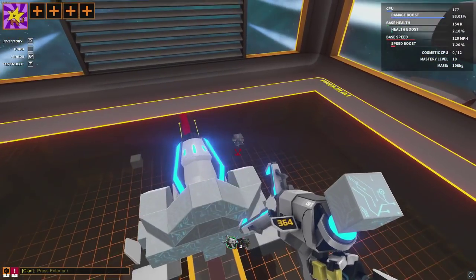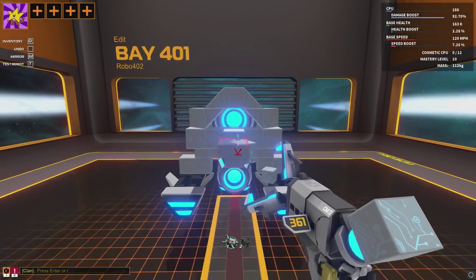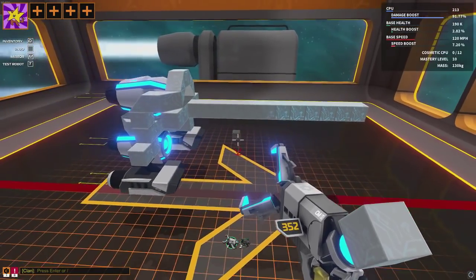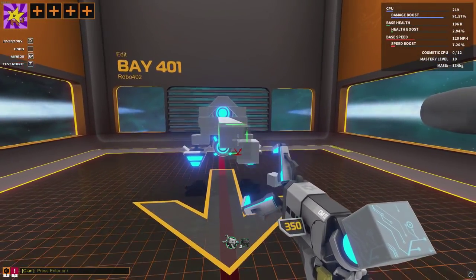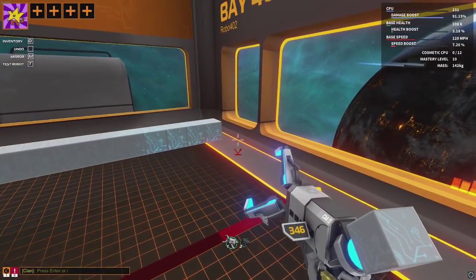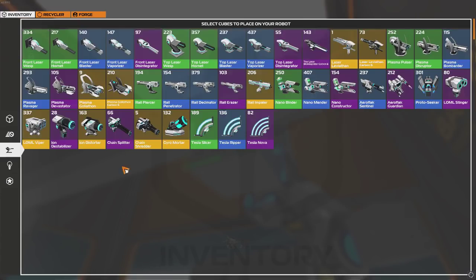Right, let's continue looking at the doodle. So this needs to shoot forward quite significantly. Let's just do that. There we go. That's way shorter than I had in mind. Let's just push that forward a bit more. Alright, fine, there we go. That length, I would say, is just about okay. Let's just do that, this, and then go to